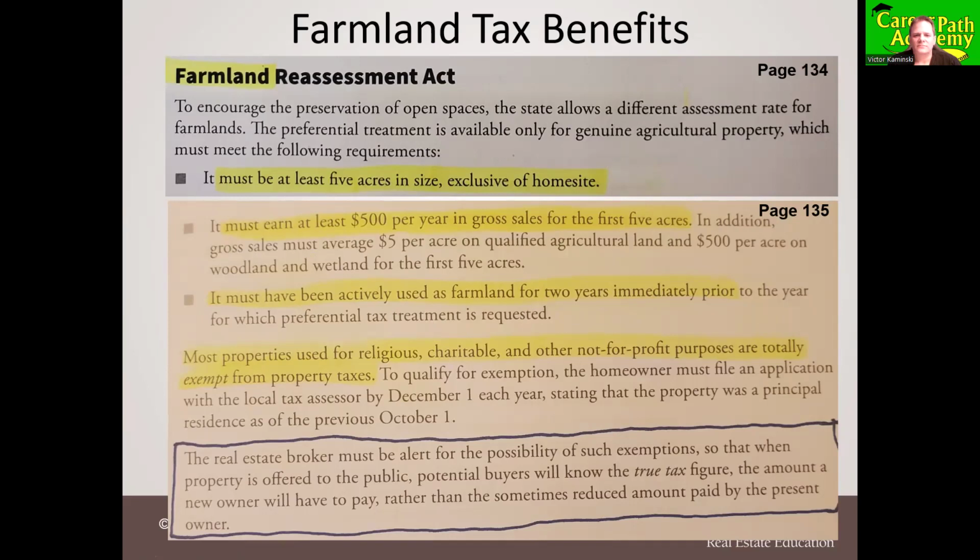However, let's take a look at what's considered a farm again. You have to have at least 5 acres of land in addition to the home site. And you need to earn at least $500 a year in gross sales. What kind of legitimate farm is only grossing $500 a year in sales? The water bill comes up to more than that. The seed bill, I mean, what kind of legitimate farm? That sounds to me like a built-in loophole. What do you think?